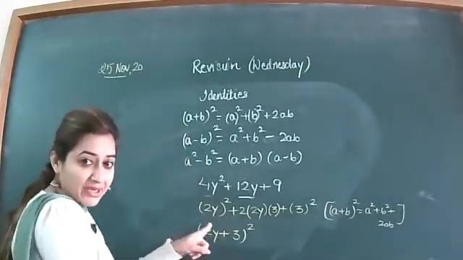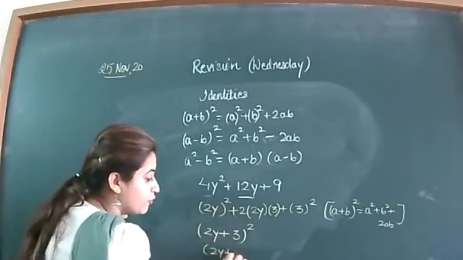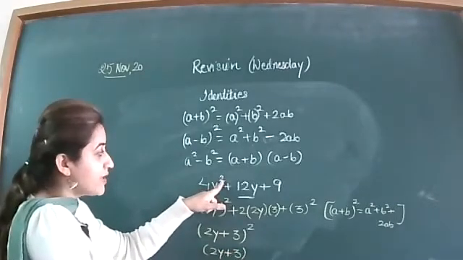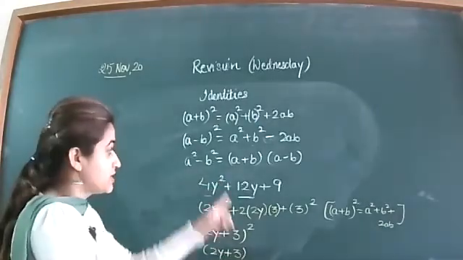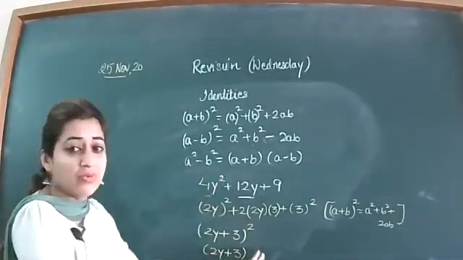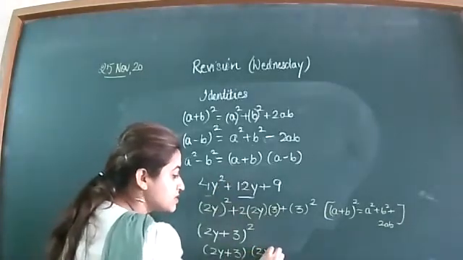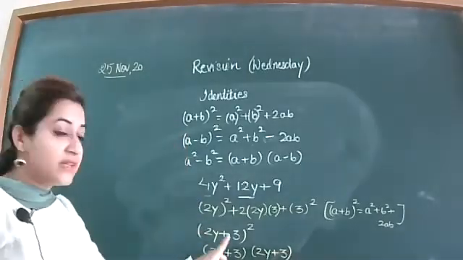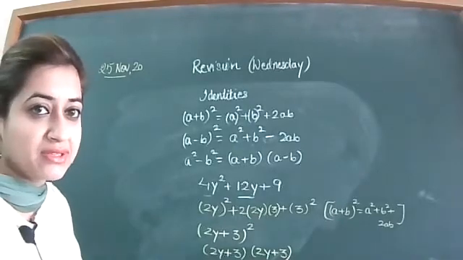Now we are making the factors of it. So it's compulsory to write them in two different brackets because we want two factors out of this. As you can see, the power here is 2. So you will have 2 factors for this. If power 3 is there, then you will have 3 factors. So here we have power 2, so that means we must get 2 factors out of this. So it's compulsory to write in two different brackets to get the factors.